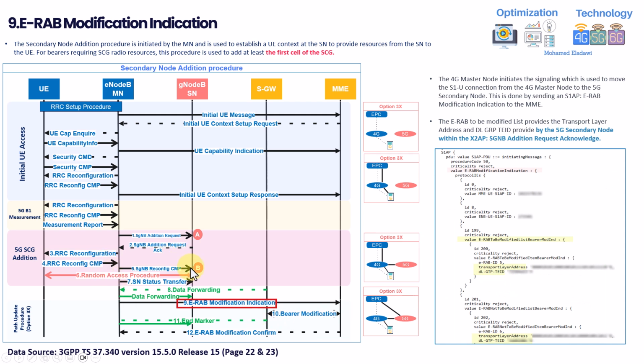Lastly, once all this is completed, the path will now be changed. If you look into that, you will find that the eNodeB is now forwarding to the MME. It's telling it, I would like to modify the path. Instead of the serving gateway sending to me, I am giving you now the information about the secondary cell node. For example, here we find the transport layer address, which is the IP